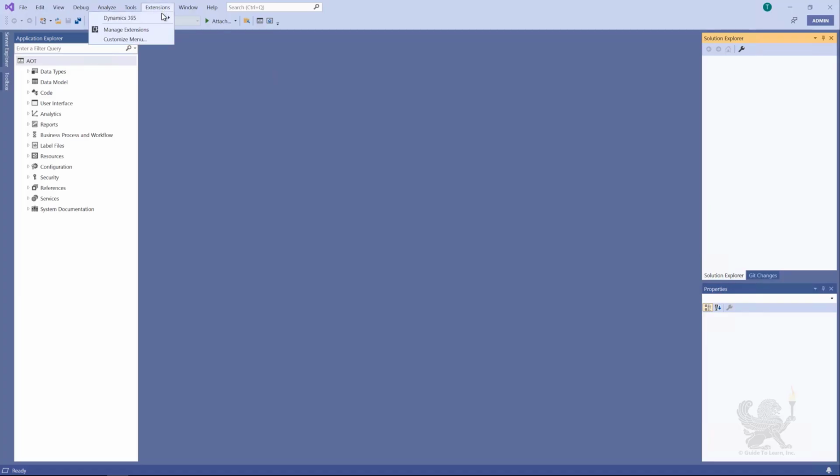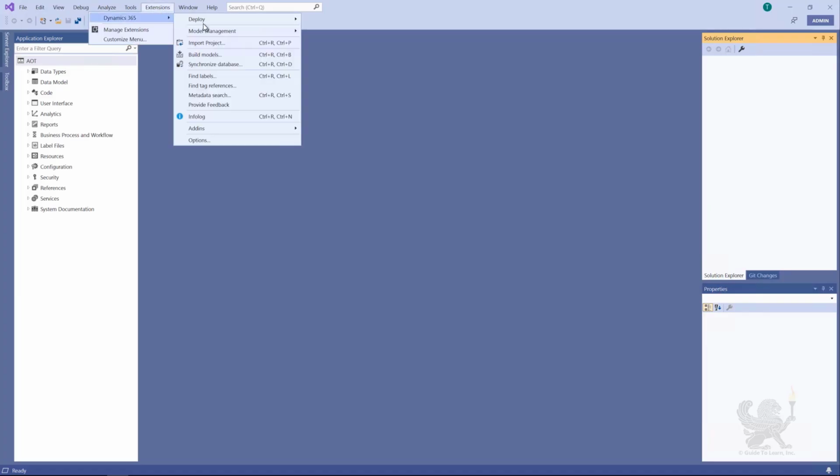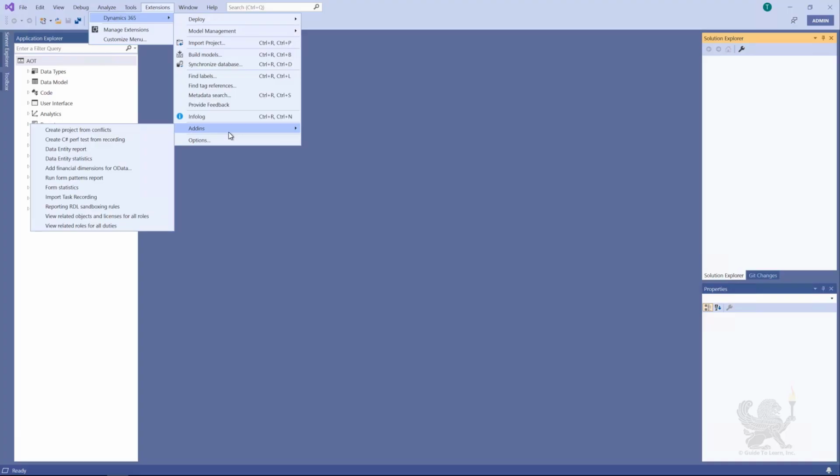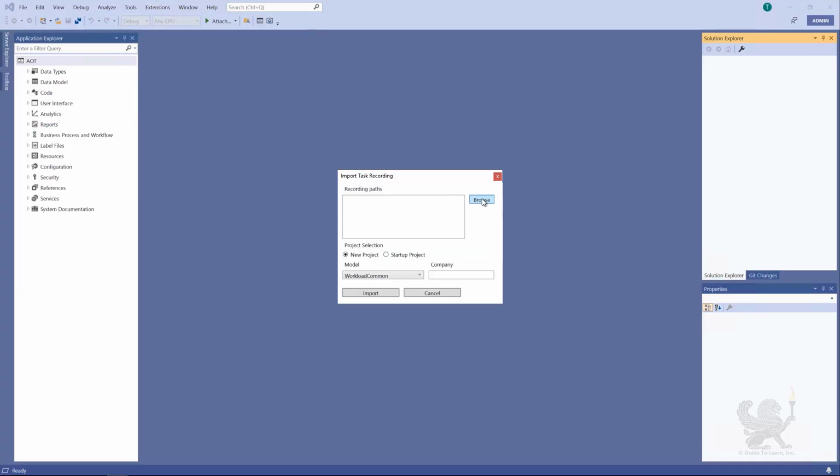So I'll go to the extensions file. I'll then go to Dynamics 365 and select Add-ins. From here, I'll select Import Task Recording. I'll browse to the file and open. Next, I'll need to specify if I want to create a new project or add to the startup project that